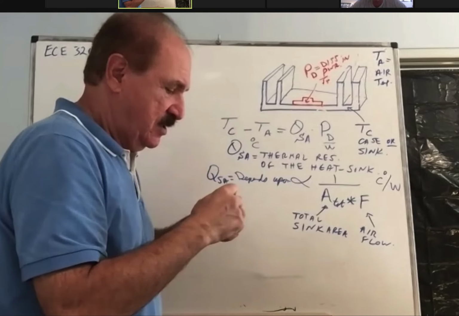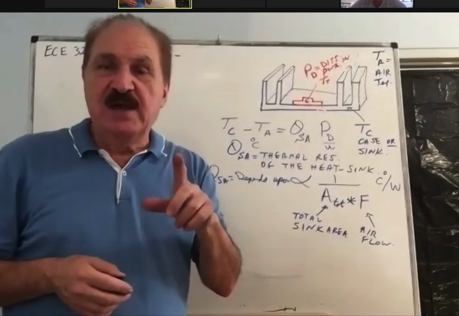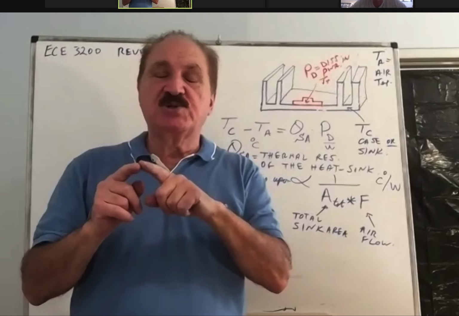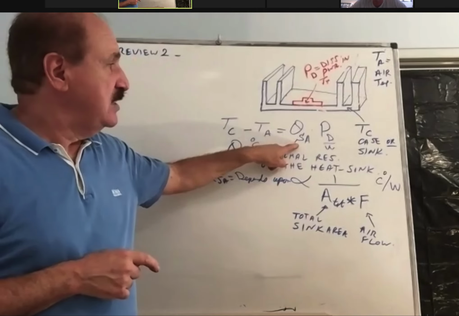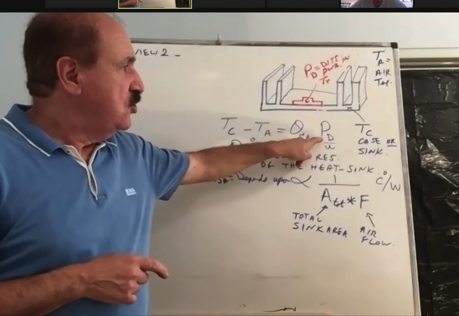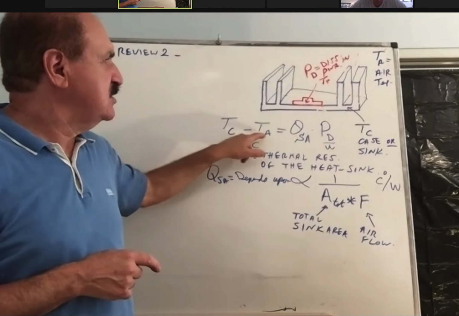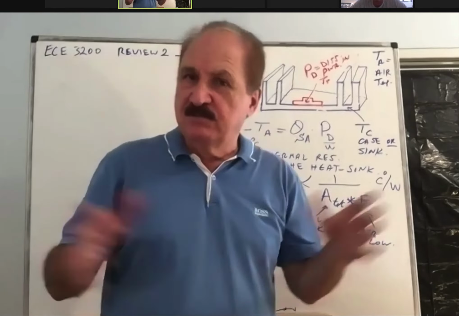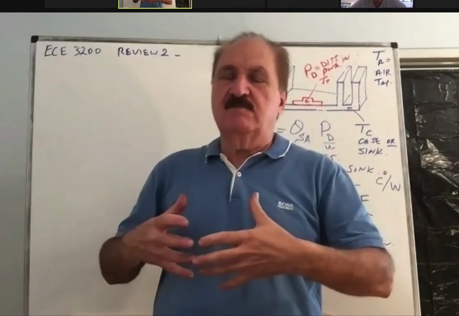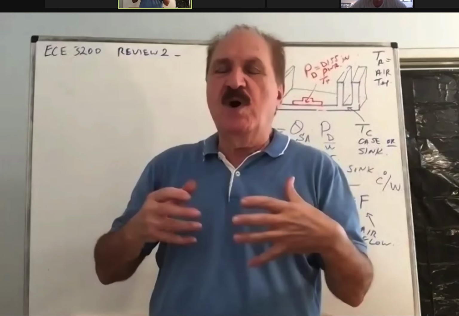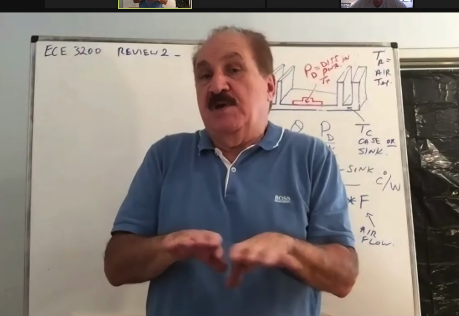Theta SA. Now, which one is better? If theta SA approaches towards zero, it means no matter how much heat you're putting into it, it's keeping the same temperature as the air temperature. So if the room temperature is 25 and you're dissipating, say, that maximum 100 watt, that's it. It just takes the 100 watt and puts it into the air because it keeps